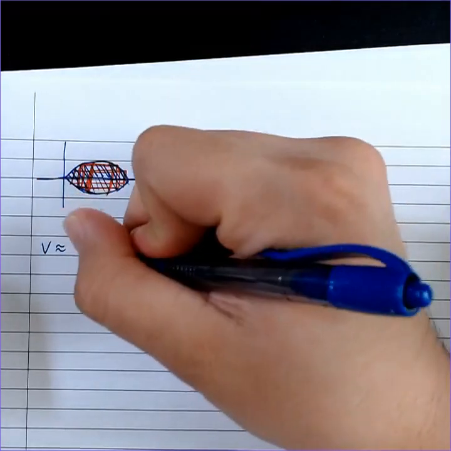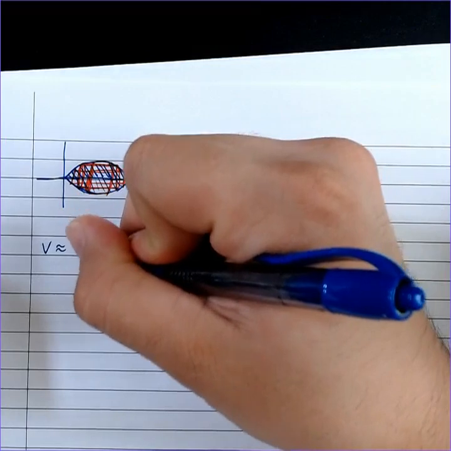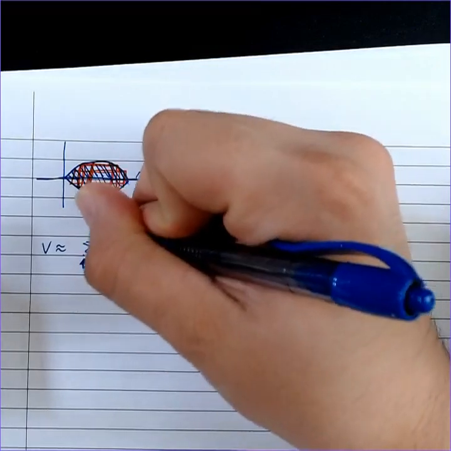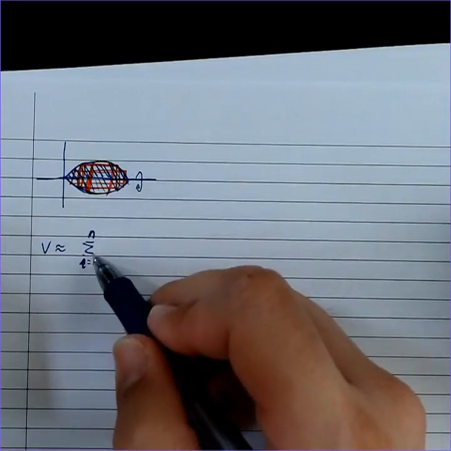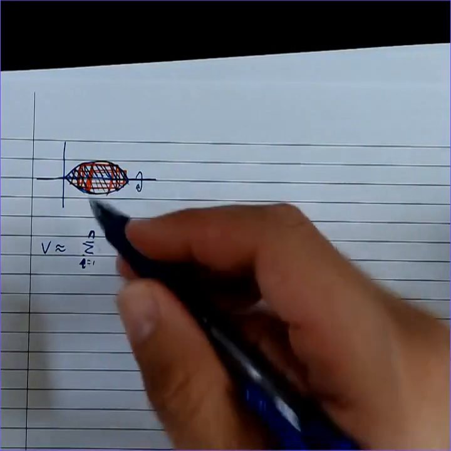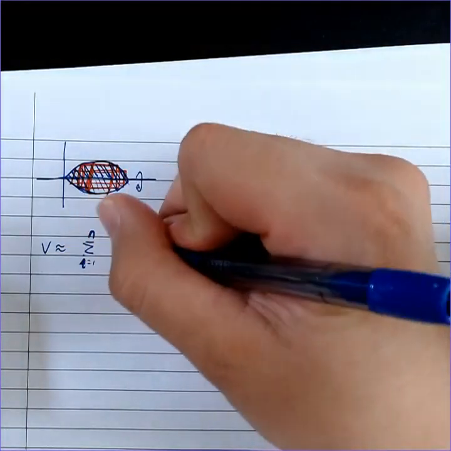Okay, so that's going to be the sum as i goes from 1 up to n. We don't know how many shells we're going to have, so here we're going to say starting from the first one, second one, third one, up to n. The sum of these volumes. Oh, well, that's going to be,